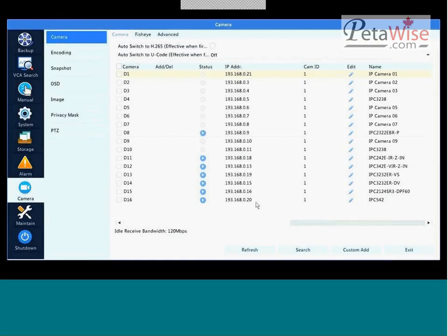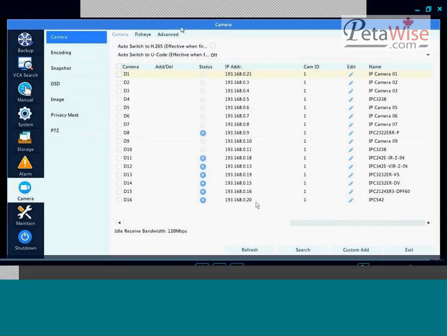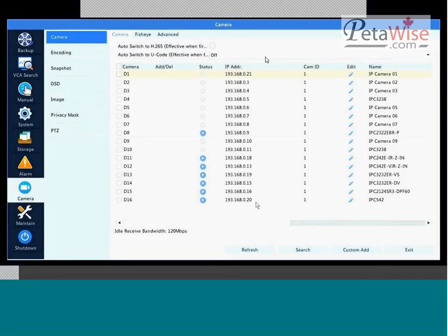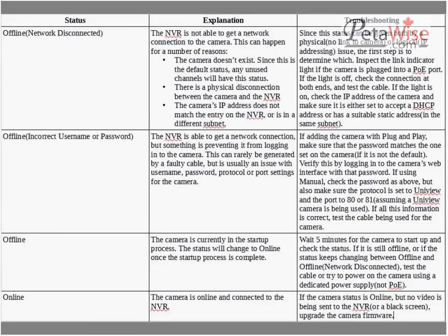So what happens if you plug in a camera, or you've set it up on a switch and you've given it an address and set up all the settings here, but it just doesn't want to come online? What should be your first real steps to solve that problem? And here I have a diagram of what I would suggest. So if we take a look at this chart here,